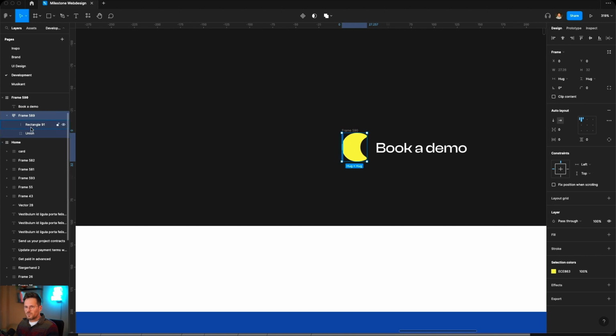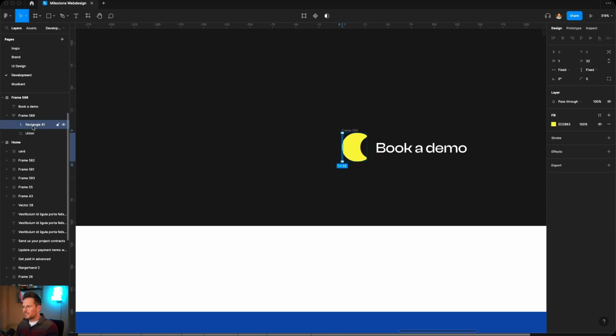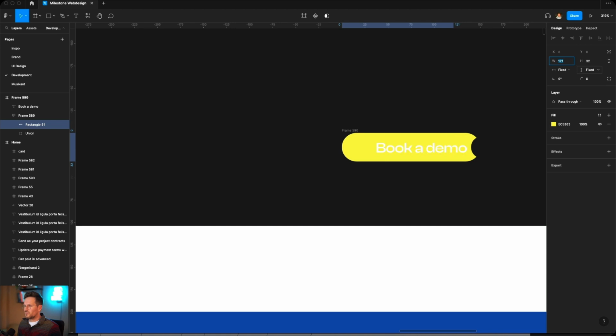And next to it, we will have a rectangle. And we will start with this rectangle having a width of 0 pixels. Figma doesn't allow 0, so it's always turning back to 1. But yeah, on hover, we will increase this width to probably 100%. And while it's increasing, you can see what is happening. So this is the animation we want. And because of the overflow hidden of the parent, you will see it will be hidden like this. And then you will see this usual button form.